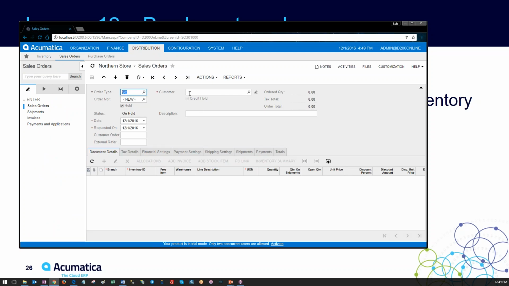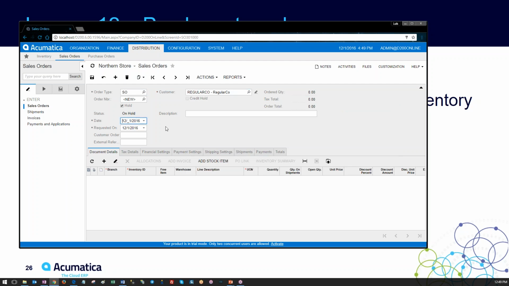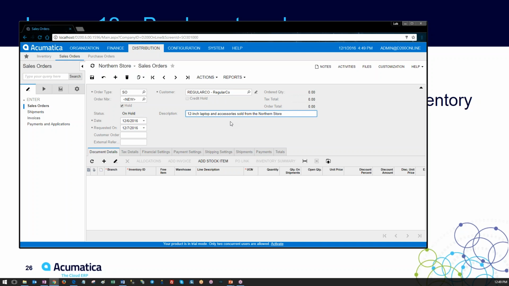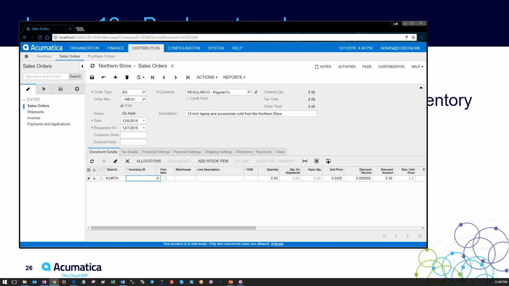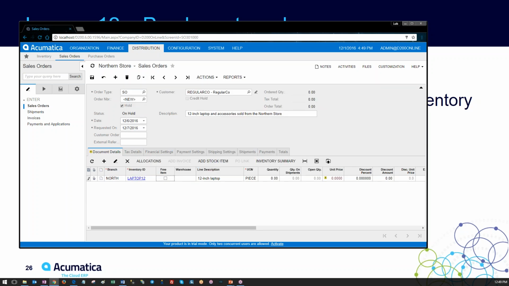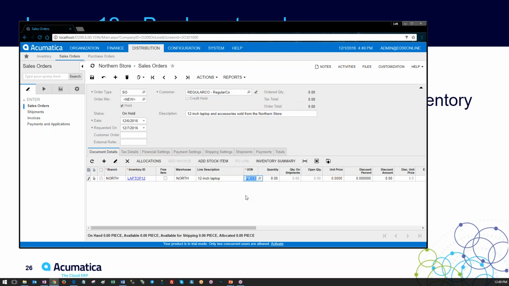and let's start creating a new sales order for our regular customer on the 6th. We are going to request it for the 7th, and we are going to sell a 12-inch laptop and accessories for our customer. So we are going to sell it from our north store. This is the laptop. We are going to sell it from our north warehouse